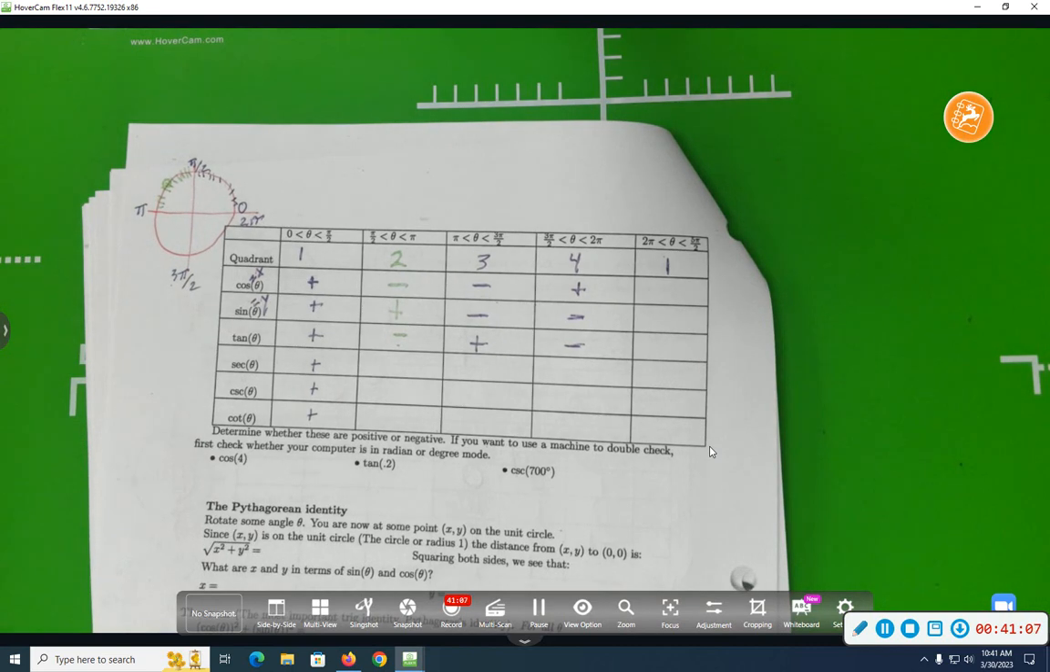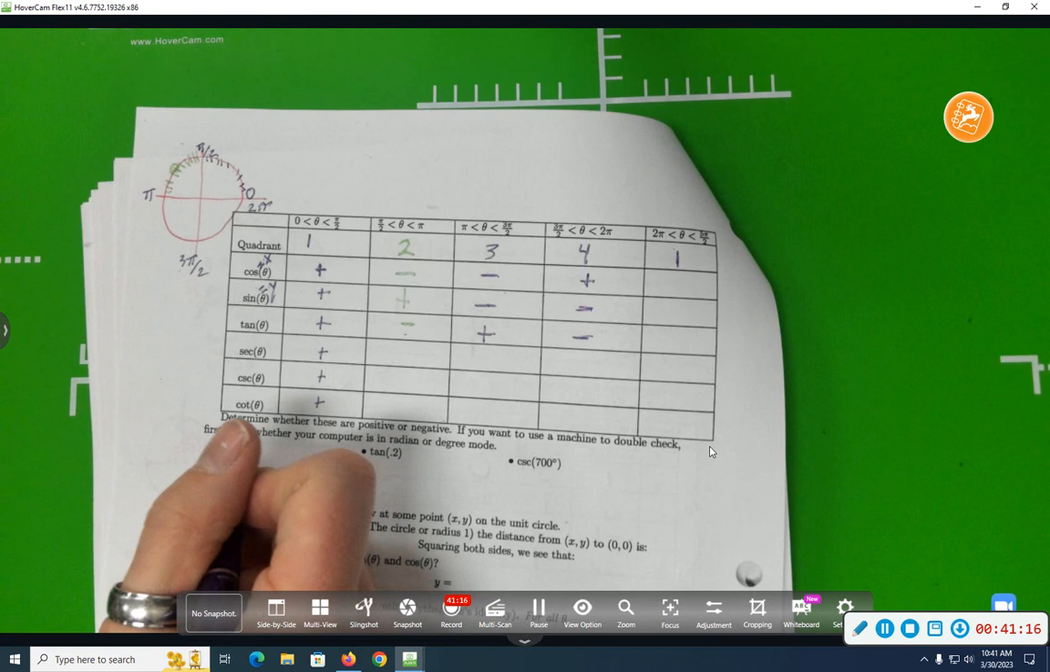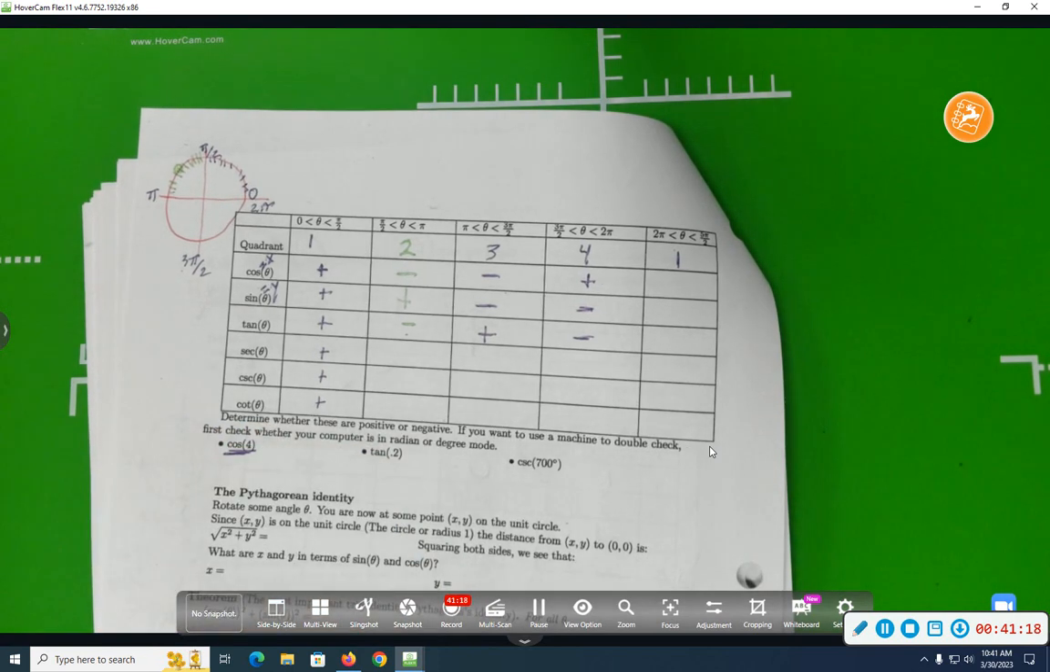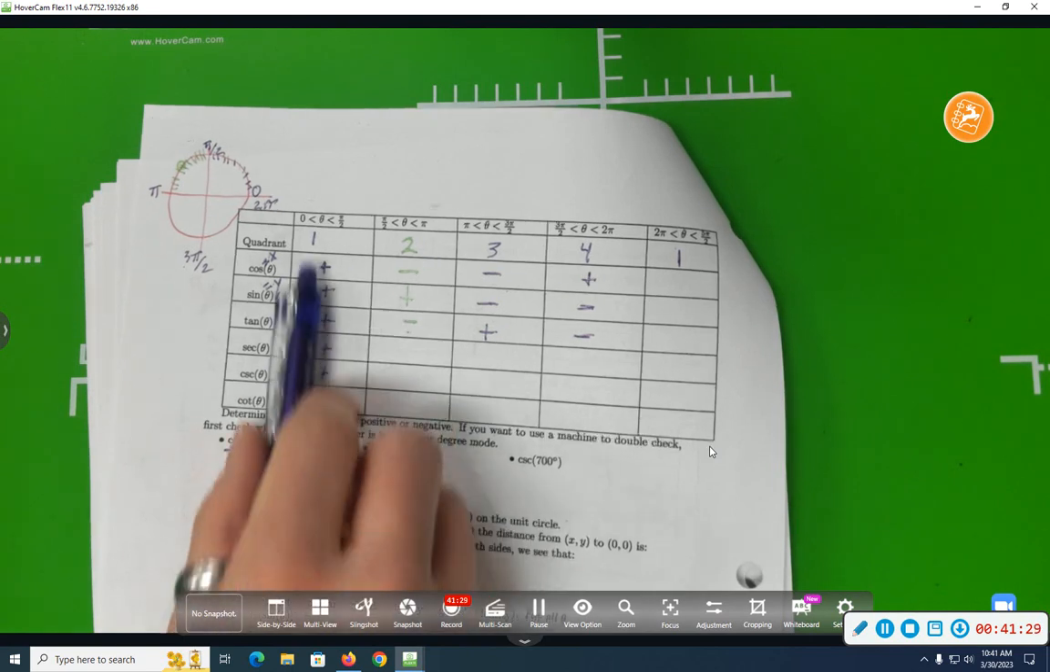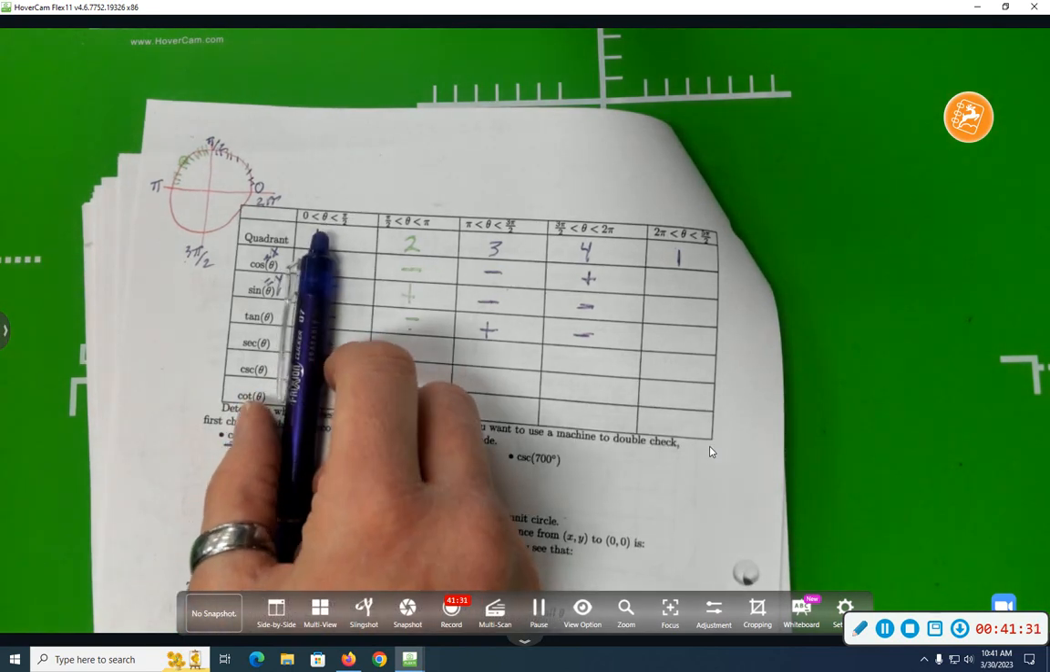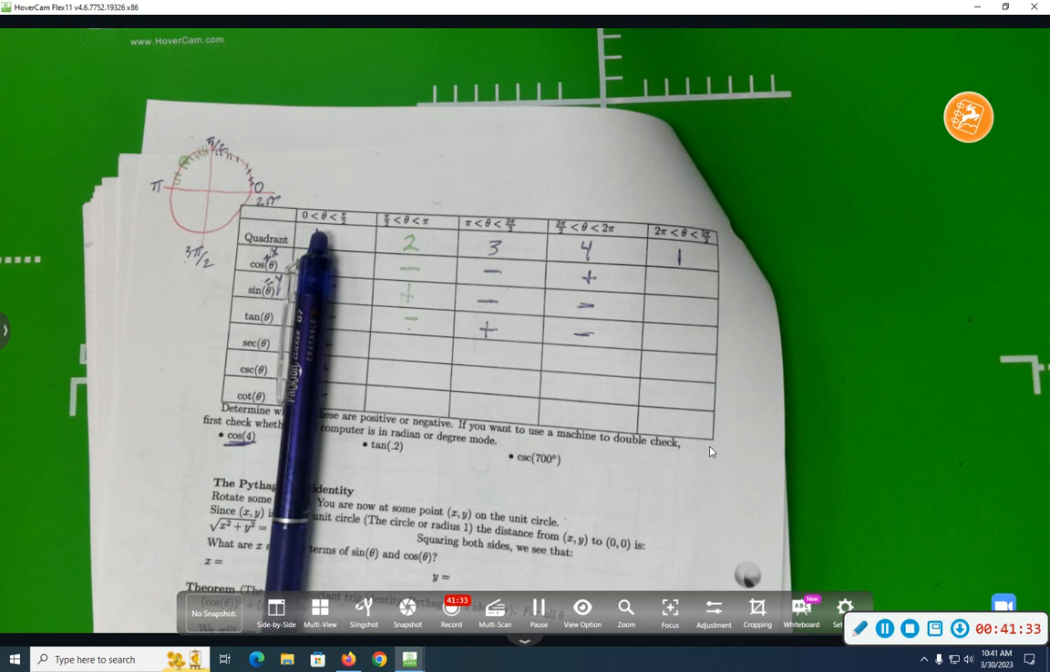Neato. So, using that idea, this idea of just what quadrant an angle lives in, let's answer some questions about positivity and negativity without using a calculator. We can use a calculator to check. Let's decide cosine of 4. Will that be positive or negative? So, in order to think it through, let's look at exactly this table. Is 4 between 0 and pi over 2? Yeah, because pi over 2 is like 3-ish, so pi is